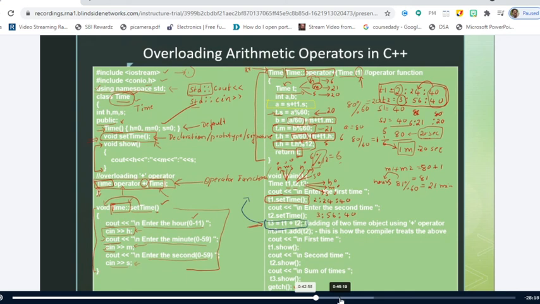This T1 is nothing but the T2 which you are passing from this function call. Where is the operator function call? Here is the function call. Is it right or not? Yes, sir. So T2 is passed to the operator function. That means here the T1 becomes T2.